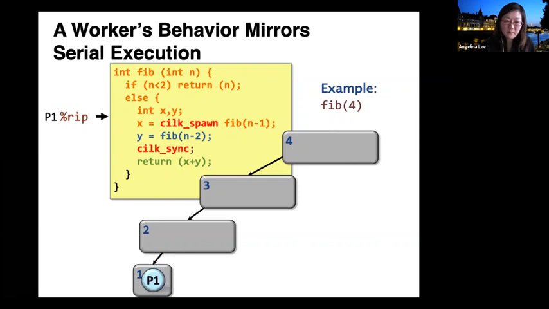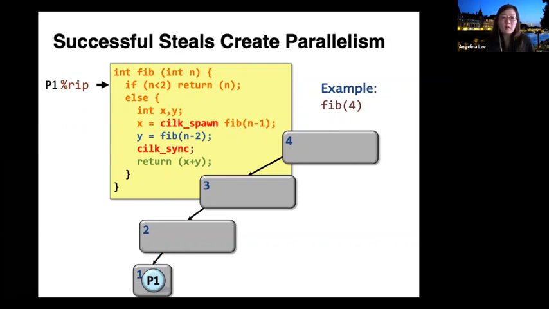Okay. And say at this point another worker comes in, worker 2, and tries to steal. And in this case, say it happens to steal from worker 1. And as we said, it always steals from the top of the deque. In this case, the corresponding deque on worker 1 would have the function frames of 4, 3, 2, 1, because those are the functions that got spawned by worker 1. Okay, and so say worker 2 happened to steal the function execution of fib of 4.